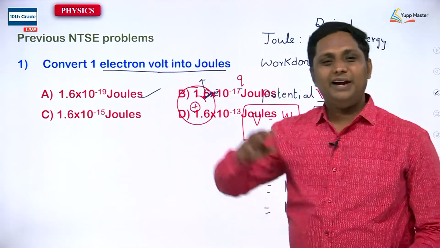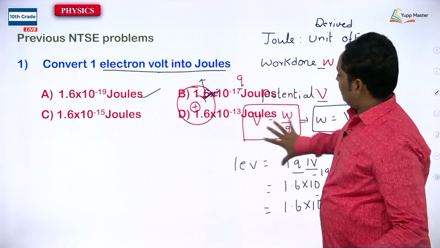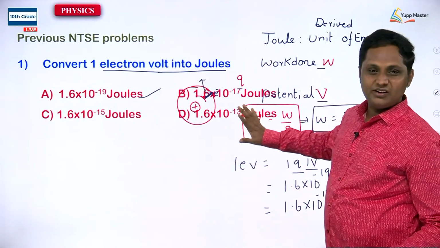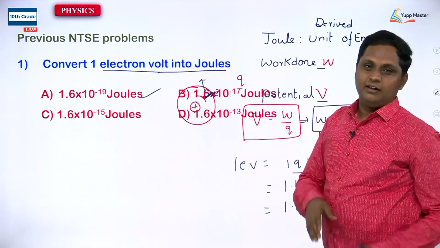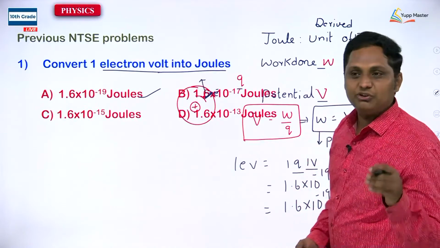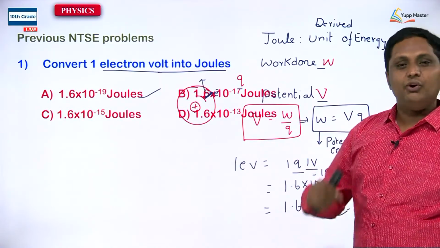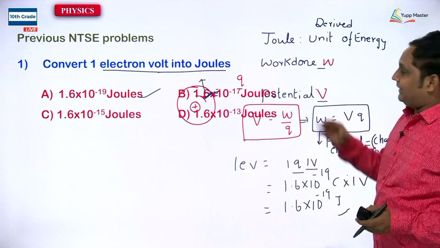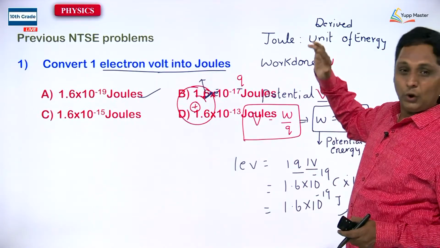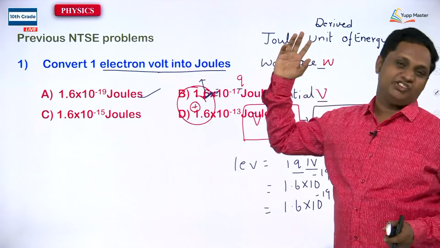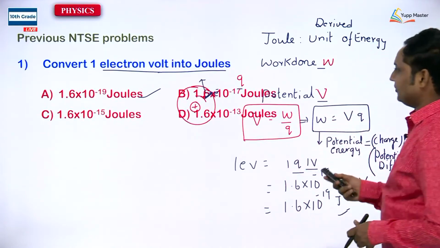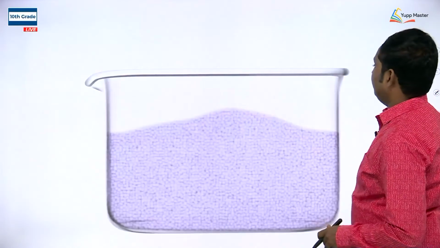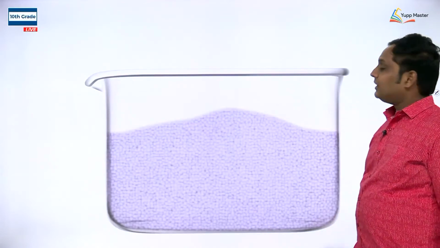So, the concept behind this: work done to displace the charge has been expressed in terms of potential energy, it is very clear. So, electron volt is the unit used to represent the energy of an electron whenever it is excited from a lower energy level to a higher energy level, or from a higher energy level to a lower level. Just take that excitation and de-excitation, that is a concept useful for you. Here you would like to have that change of state, it is very clear.